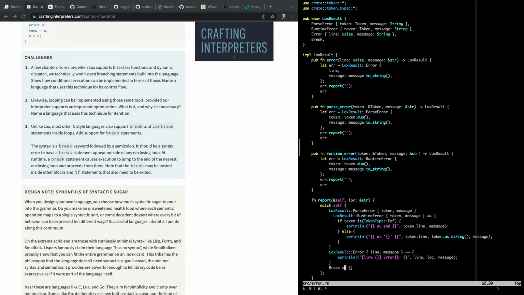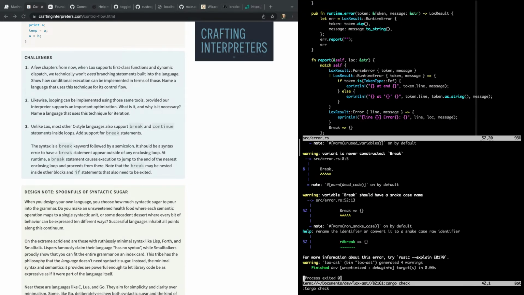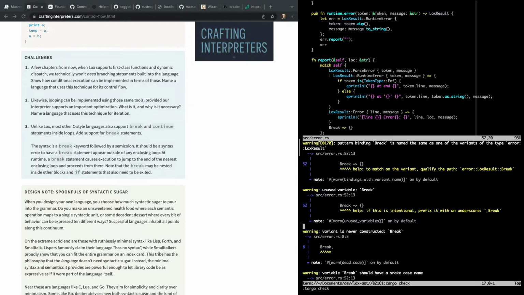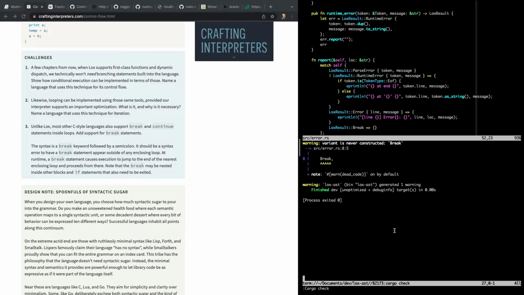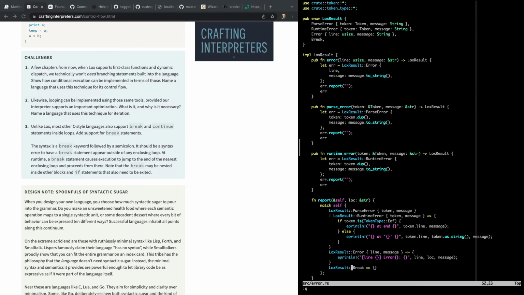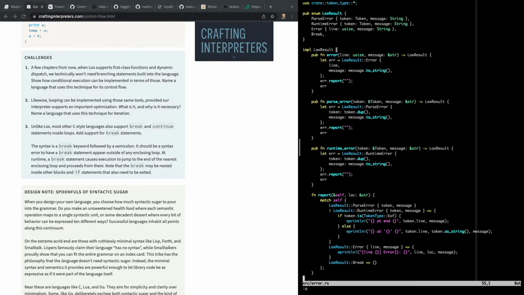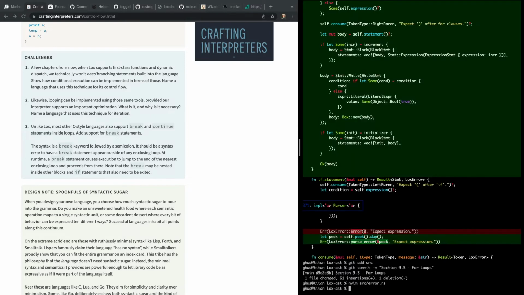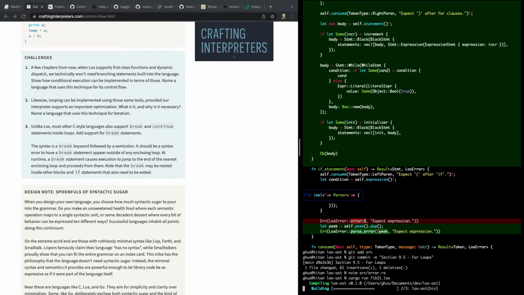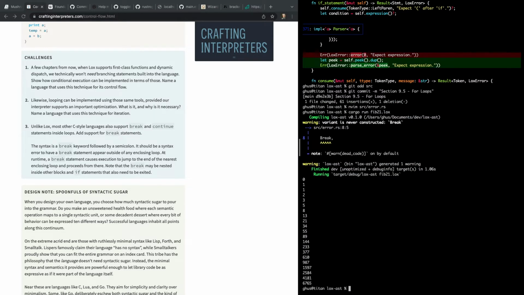Okay, so we do have 4 warnings. Yeah, break is never used. That's okay. Oh, wait. Lox result. 2 warnings. Yep. Okay. So we're good. I think we're clean here, and we can still generate warnings and errors, and we should still be able to run this fib thing. Yep. And now if we want to add a break statement,